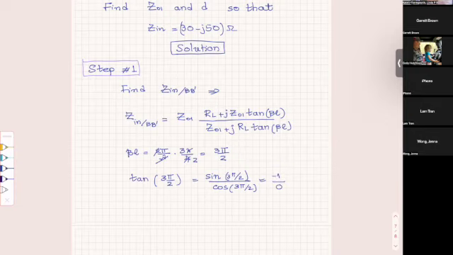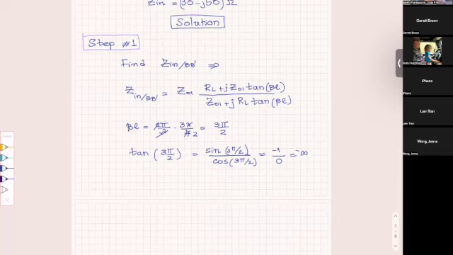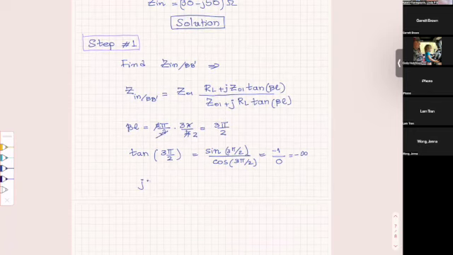Minus 1 over 0, minus infinity. Okay. Because of that, as we discussed in our previous example, we have that R J Z naught 1 of tangent beta L is much larger than RL. And then we have J RL tangent of beta L is much larger than Z01,